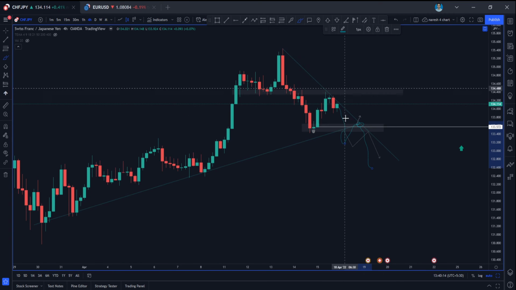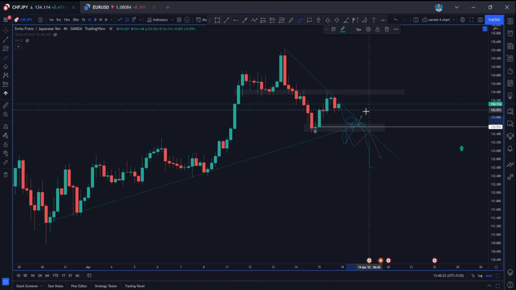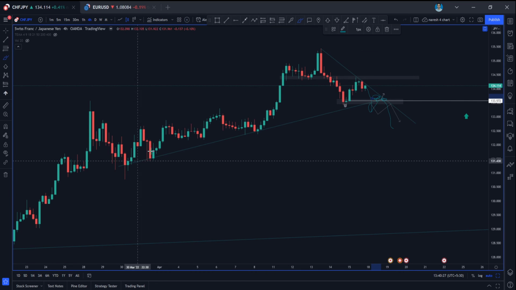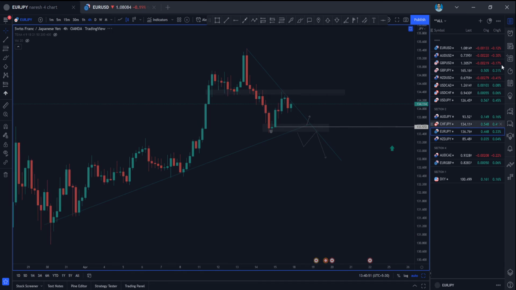If it is moving up again from here, if it is holding this level and making some kind of double top here, and if it is moving again, I'll be looking for long entries in CHF JPY, because the overall trend is up and it is also an important support area. If it is not holding this level, and is breaking this support and closing below, wait for the pullback to this trend line again, and again you can go for short entries in CHF JPY, guys. So that would be CHF JPY. We are having both side potential in CHF JPY.